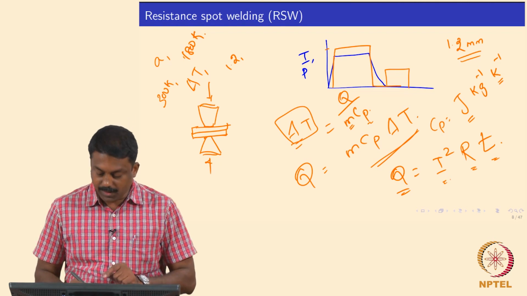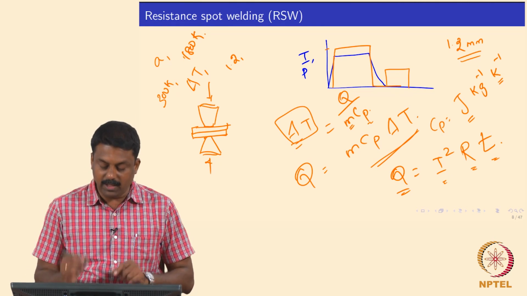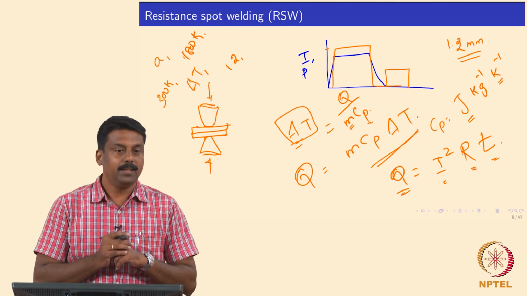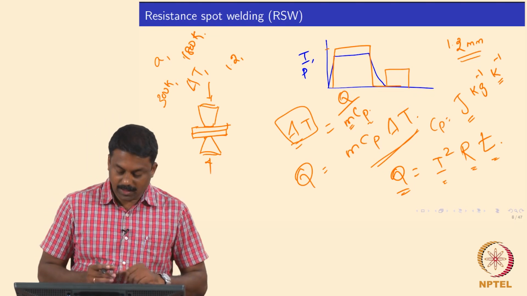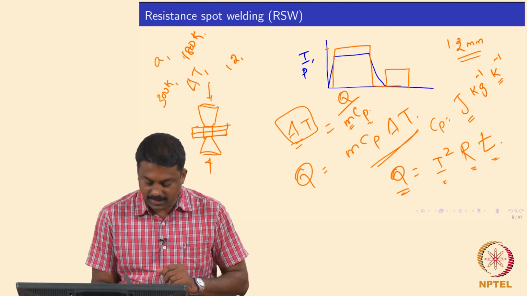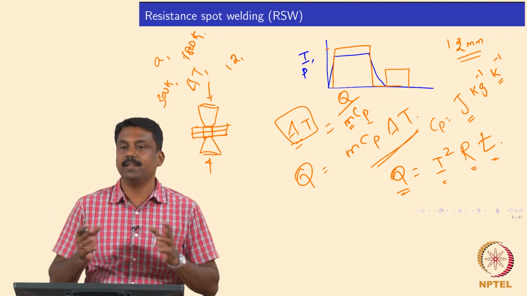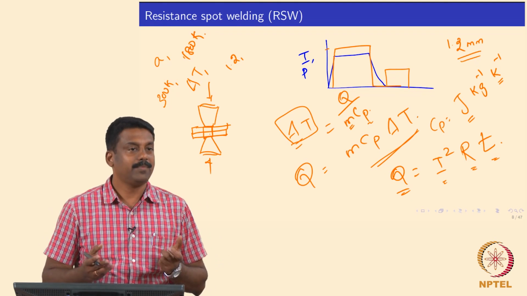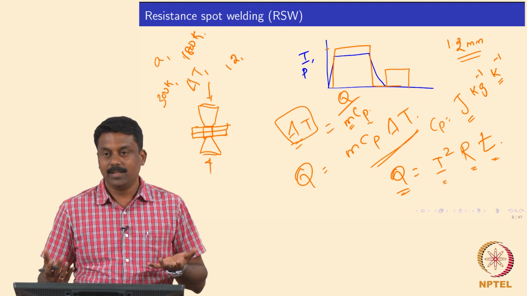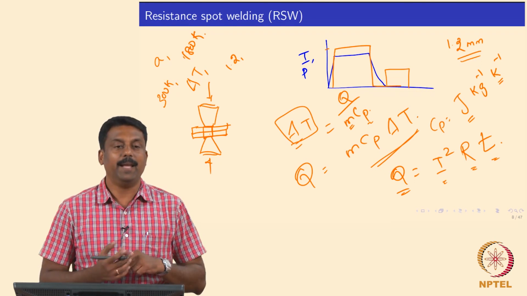Suppose you want to know how much energy is needed to raise the temperature. The only factor we know is the M. So, M you can assume or you can calculate, assuming there is a cylinder which is actually heating up. What is the height of the cylinder? The combined thickness of the sheets. So, once you know the cylinder volume and the density of the material, you can calculate M.